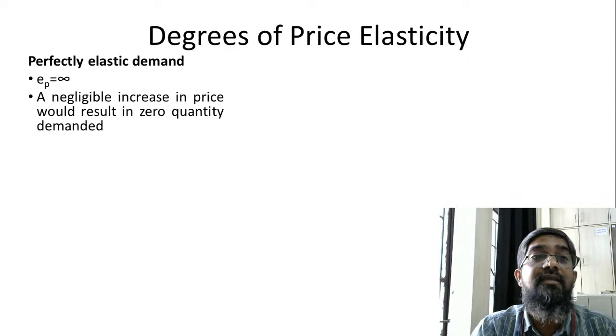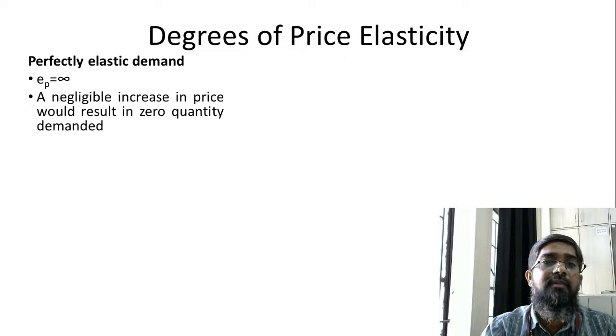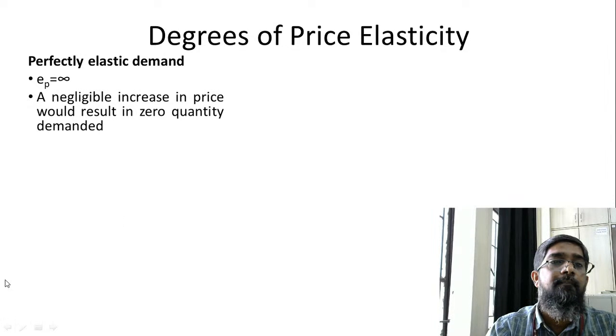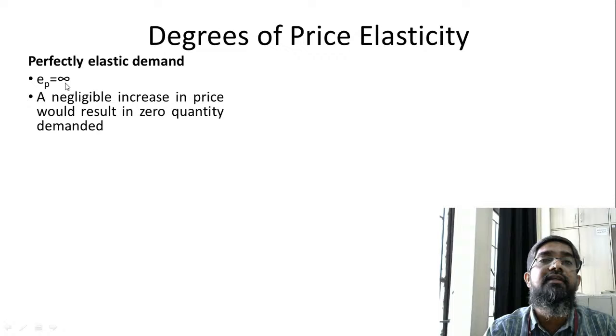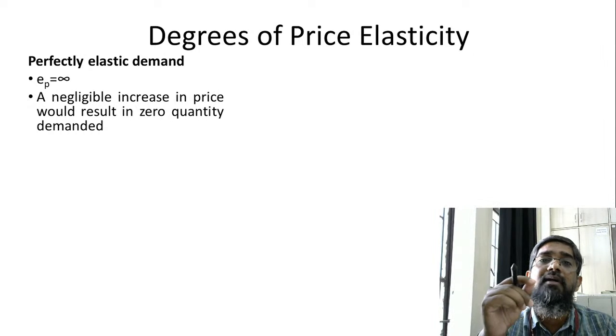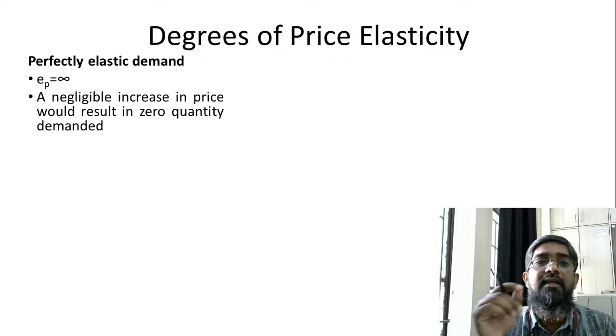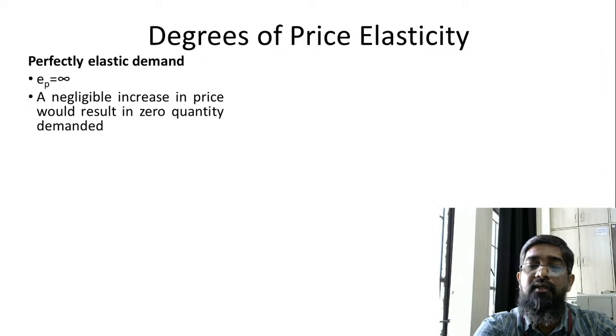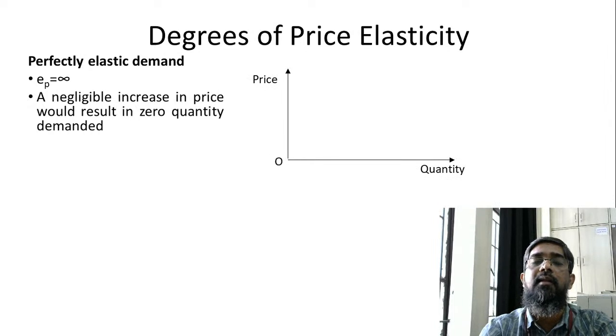So first one is perfectly elastic demand. When this is equal to infinity, it is known as perfectly elastic. A negligible increase, a slight increase in price, and your demand will become 0. In such a case, elasticity is equal to infinity. Let us see with the help of this